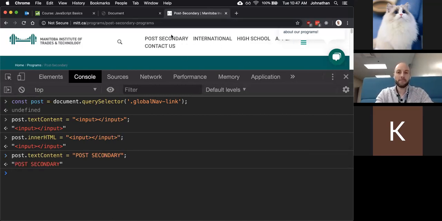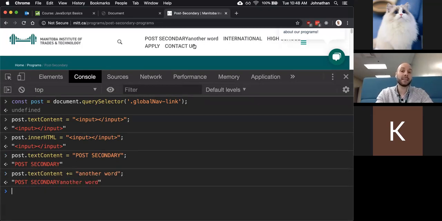Okay. If I wanted to append to this, I would have to do my typical concatenation. So take what was in the text content originally and add another word to it, or another piece of sentence. So take what was in there originally plus equals, right? And add some more strings to it. And then we get updated stuff. And because this is so destructive, I can do something like this: